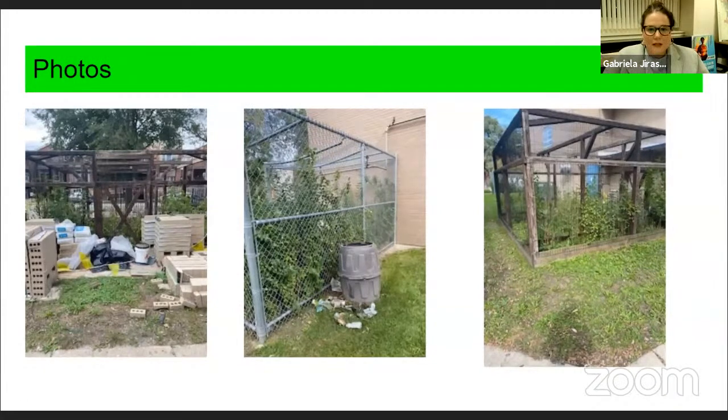Let's see. I'll stop your sharing. Were there any questions that came up specifically for this project? Yes, there is one question. Is the teaching garden part of the school curriculum, and how will you maintain impact throughout summer months? And then a little bit more about further engagement around children in the community who may not attend the school,